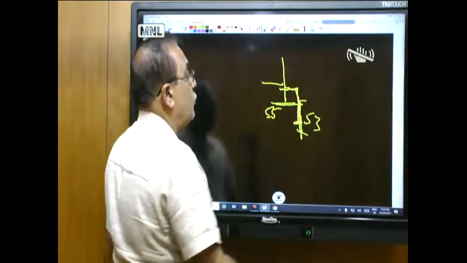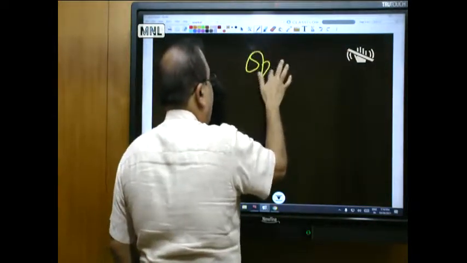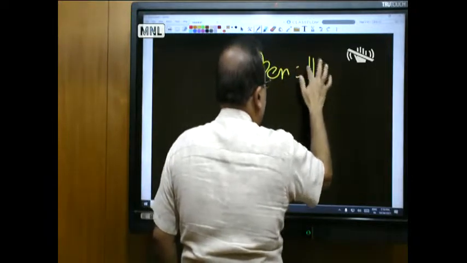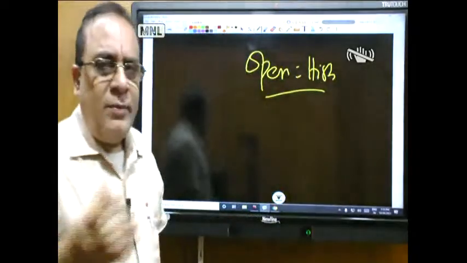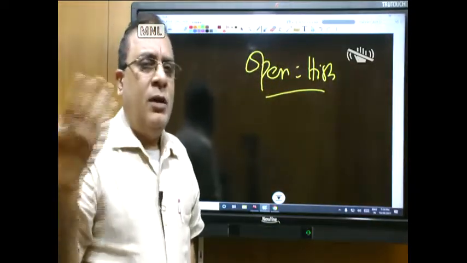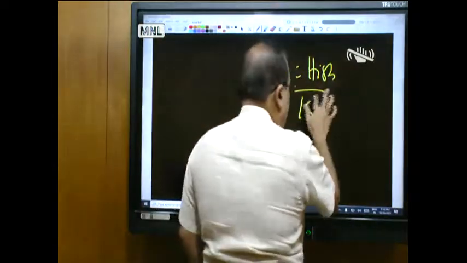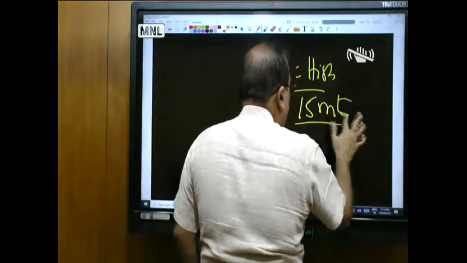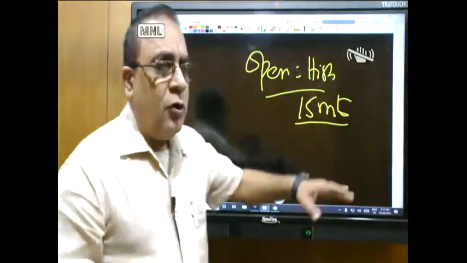Now, open is equal to high. This is also a pattern which is very commonly used. Open is equal to high means generally you have to wait for the first 15 minutes. A lot of traders wait for 15 minutes. Some traders even wait for 1 hour. Now, in the first 15 minutes, just see whether the open is equal to high.